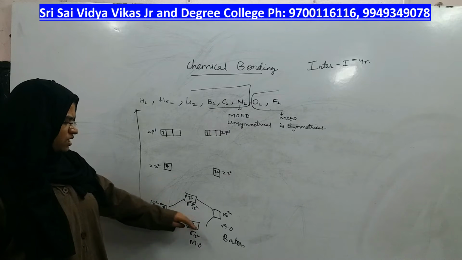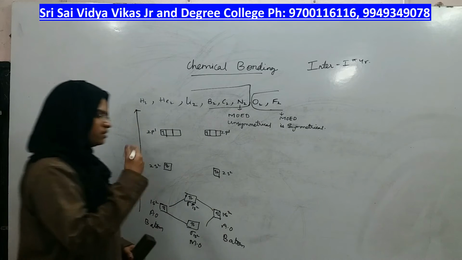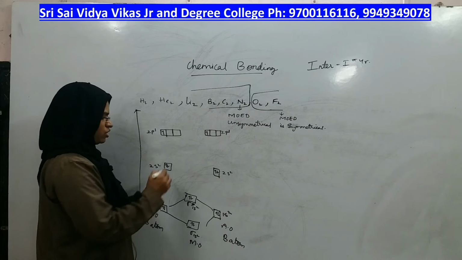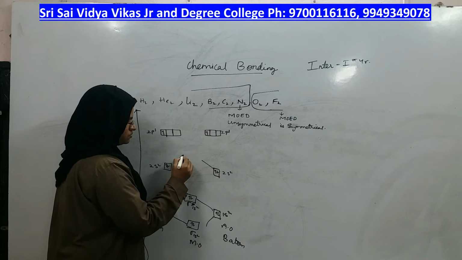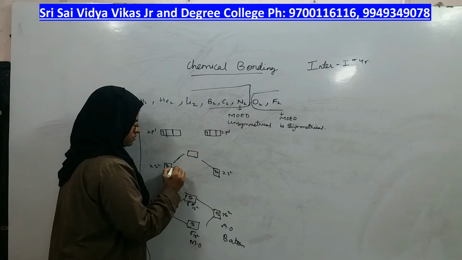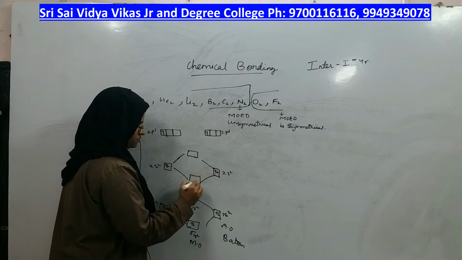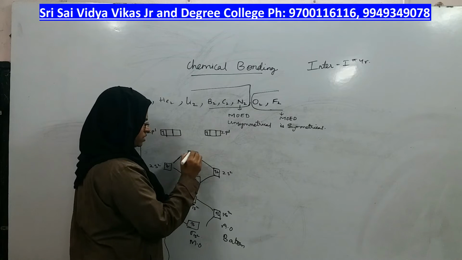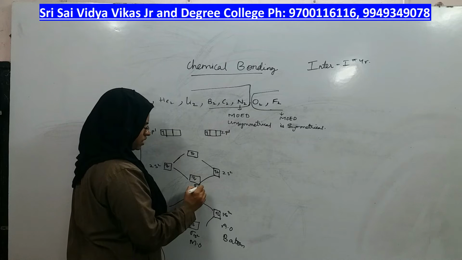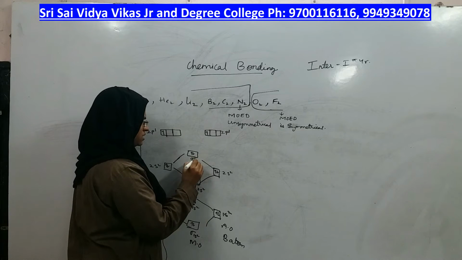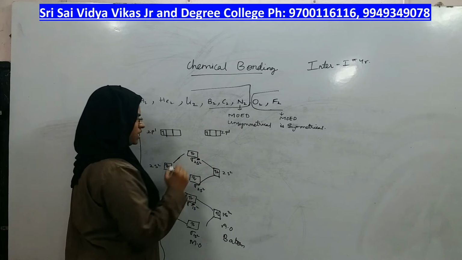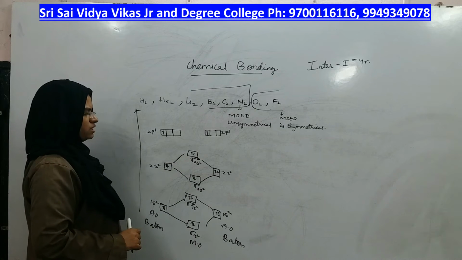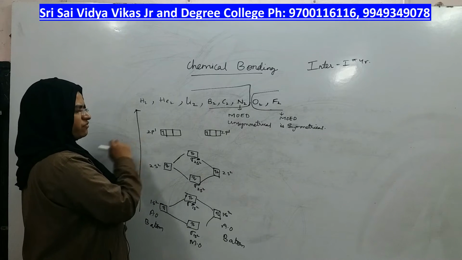Then once you are done with this, let us go to the next shell, in which there is the 2s2 atomic orbital of one boron and the 2s2 atomic orbital of another boron. Total how many electrons? 4 electrons. Out of that, 2 should come here and 2 should come here. This is sigma 2s2 and this is sigma star 2s2. This is bonding and this is anti-bonding. Bonding should be at the bottom and anti-bonding should be at the top. Next level is 2p1, right?